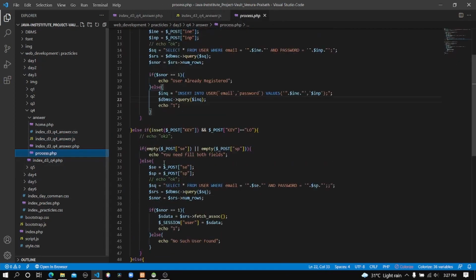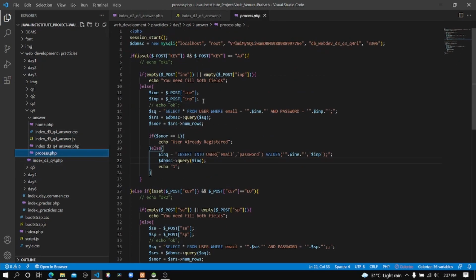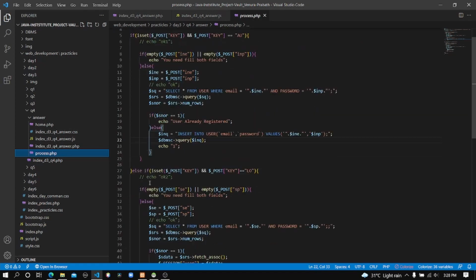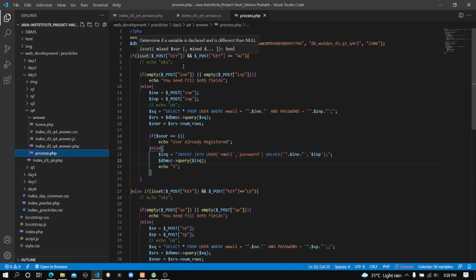Let's go to the process.php file. I'm not going to discuss more about this process.php file, because I discussed a lot about this file in my last video. But in this case, you can see there's an if else block, and in the first if, it will check whether there is a value or name called key, and whether it comes in post method.